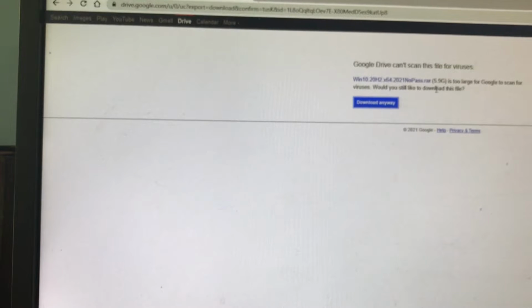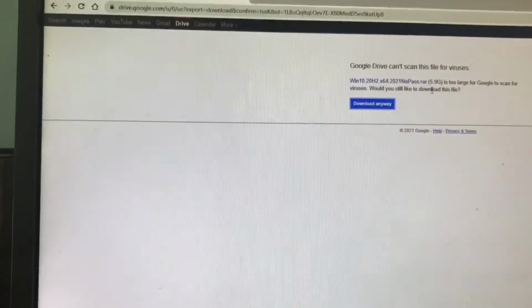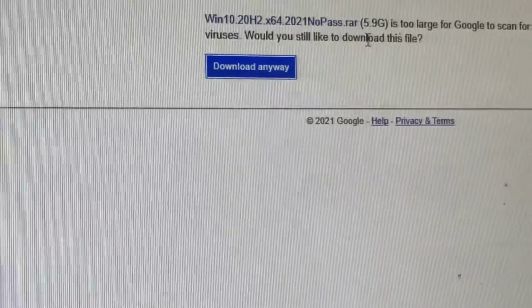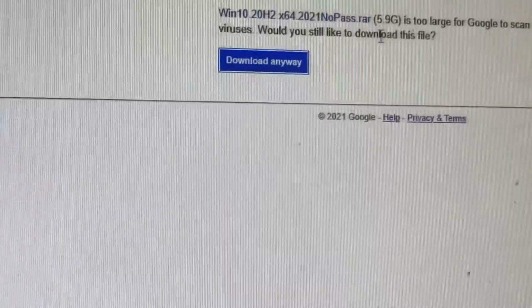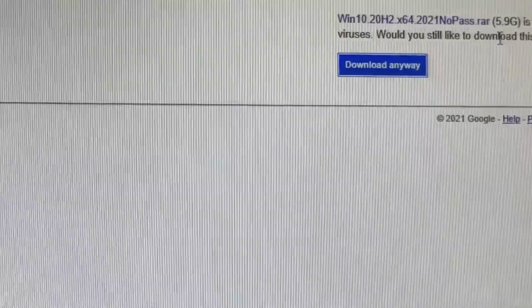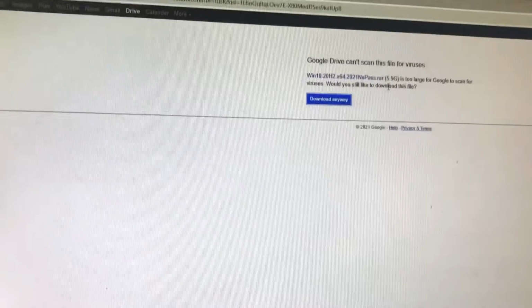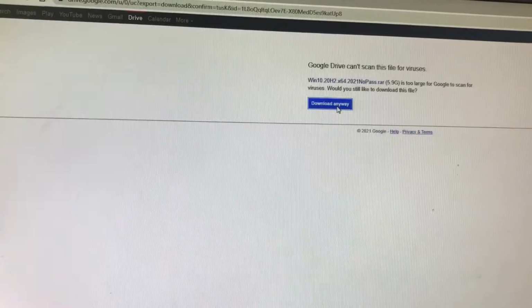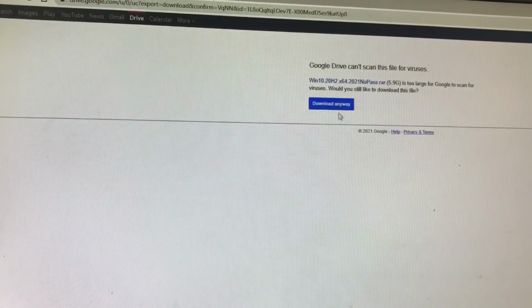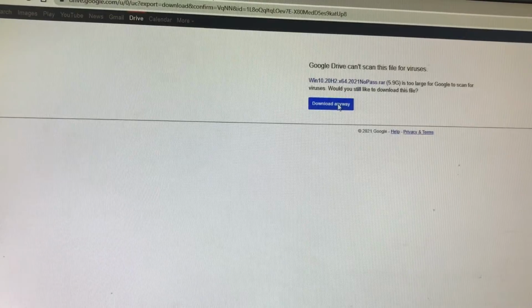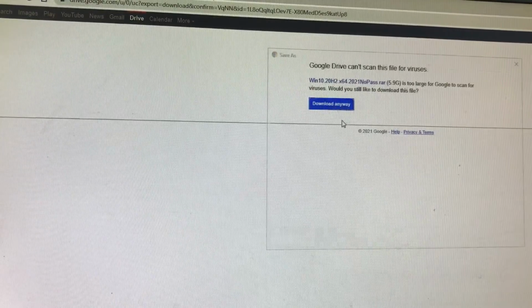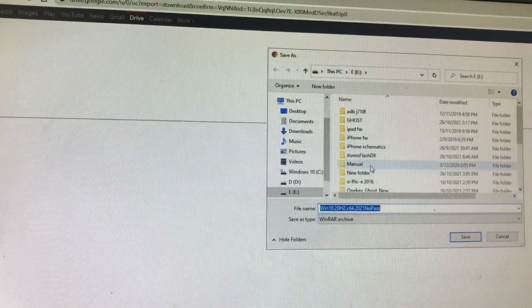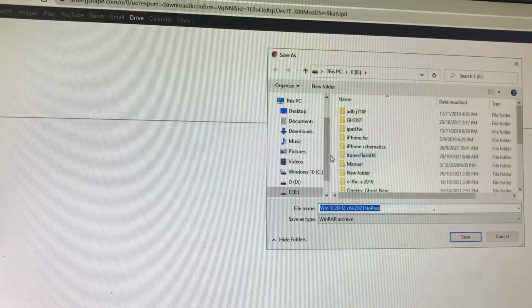Just click on download anyway after you get the link, right? Like this. You see, download anyway. After you click on the link in the description below this clip, you see a link like this up here, and it says download anyway. Click on it, and then save the file to the hard disk,